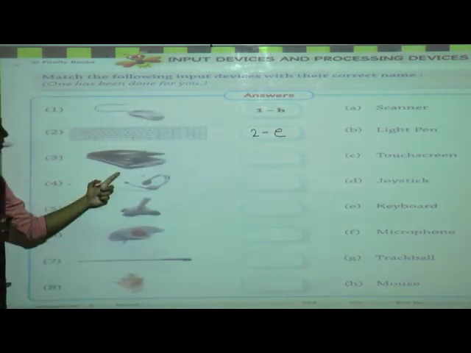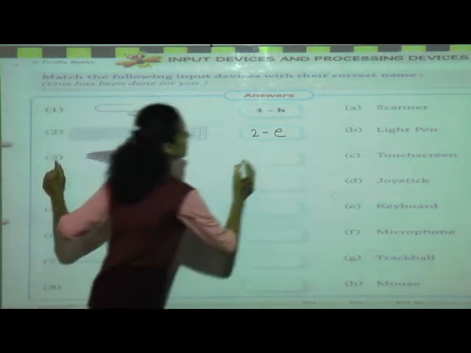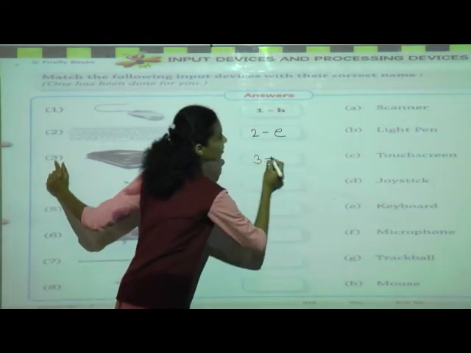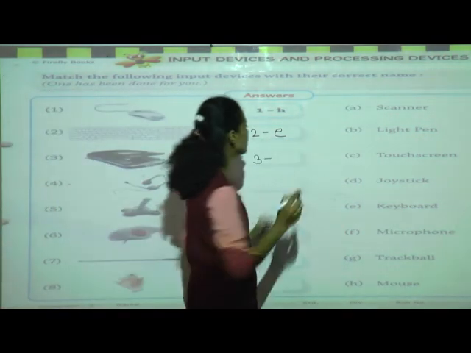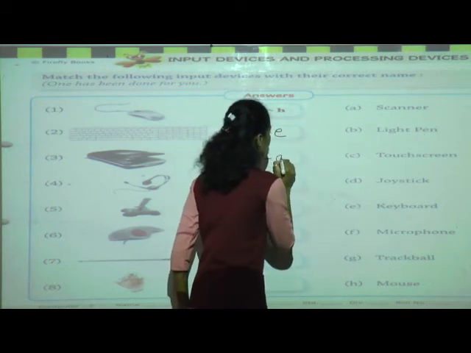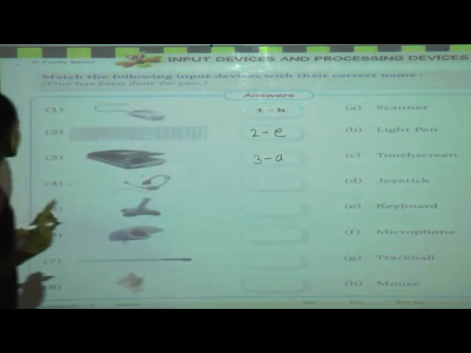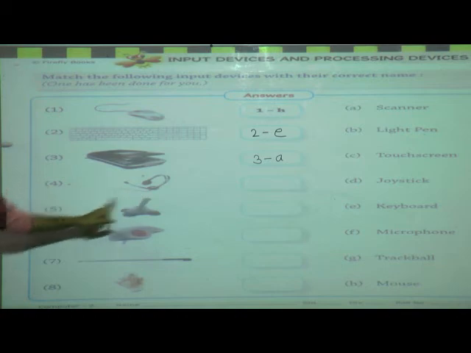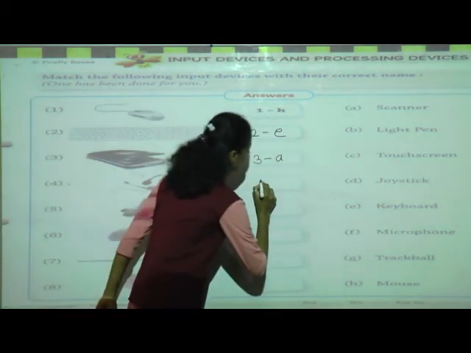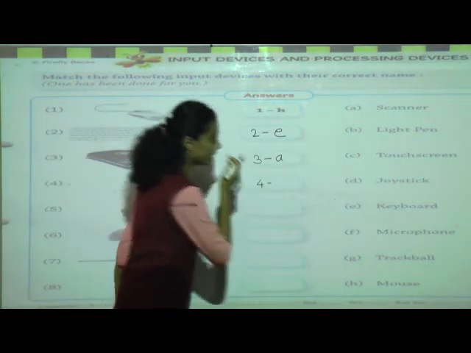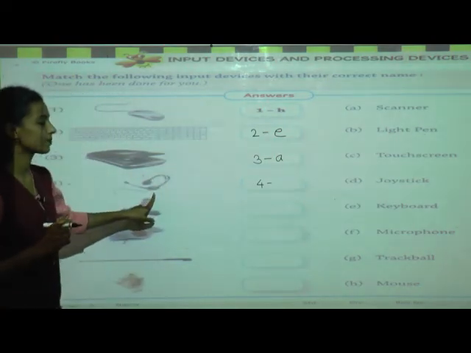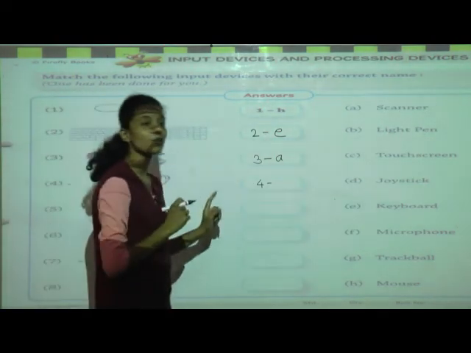Next, what is this? Right, it is a scanner. Here the number is 3. Where is the scanner? First one is only scanner. Then we will write here A. Next, this is the fourth number, and what is this? Right, it is a microphone.